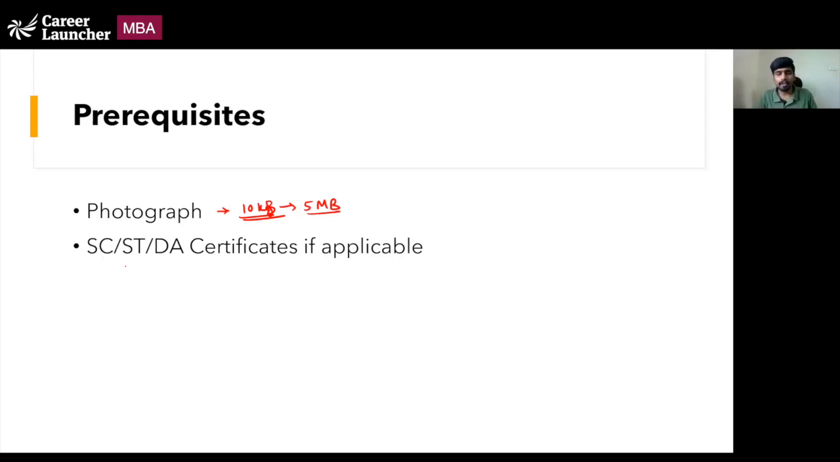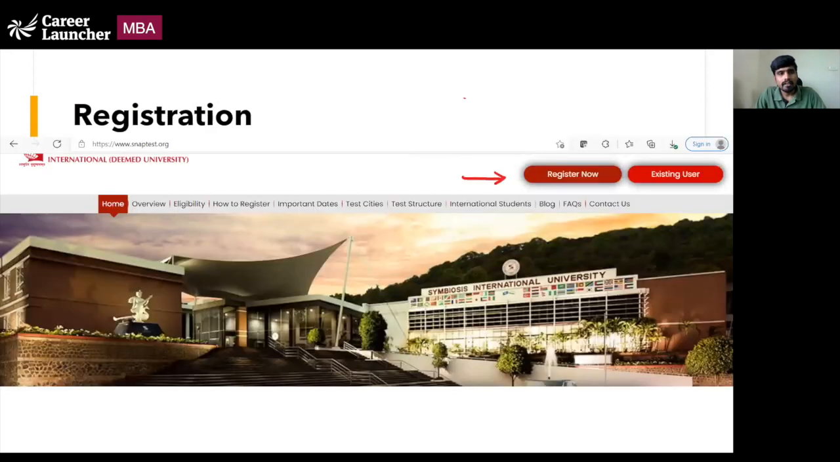And the second thing that you require to upload is your SC, ST or differently abled certificates, if they are applicable to your candidature. The site that you have got to visit is